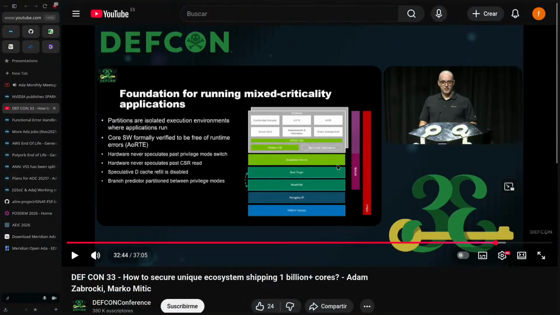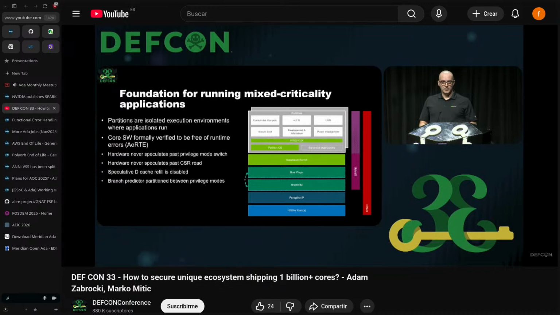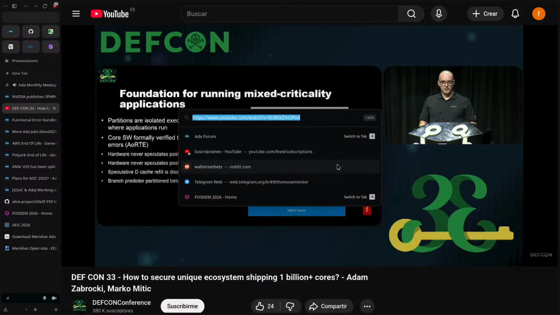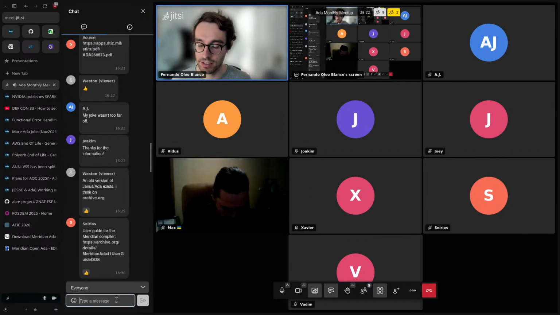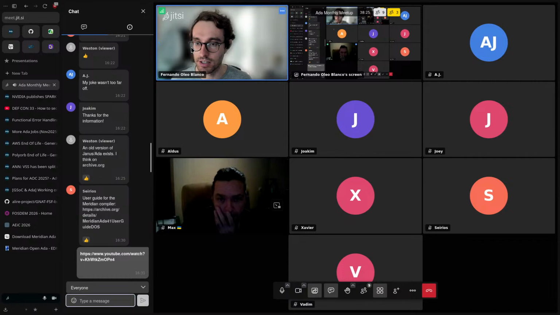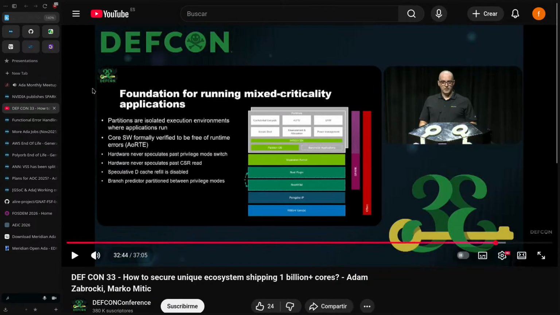But it is very interesting to see that basically over 1 billion cores have already been shipped with Ada in them, and the Ada that's using those cores is the highest quality that the NVIDIA engineers have been able to generate. So yes, if you're interested, I will leave this link in the chat, but obviously the link will be part of the minutes of the meeting, so that you can watch it later. And I find this to be very interesting, and it's great that NVIDIA is this transparent with their work. Well, at least some of their engineers.